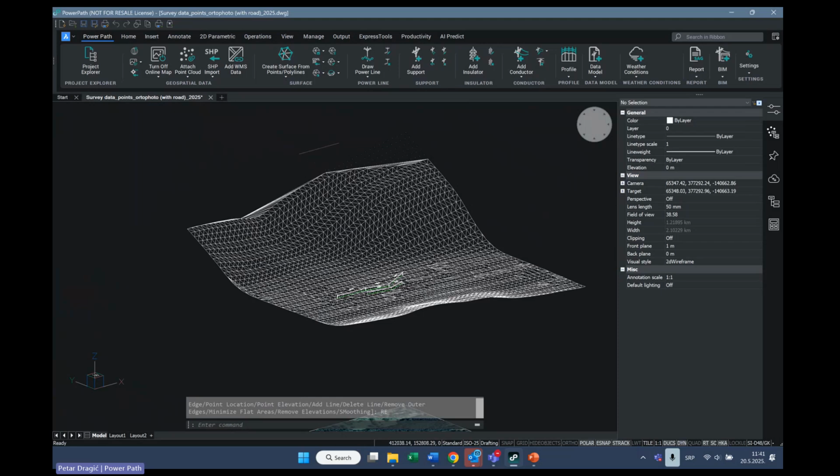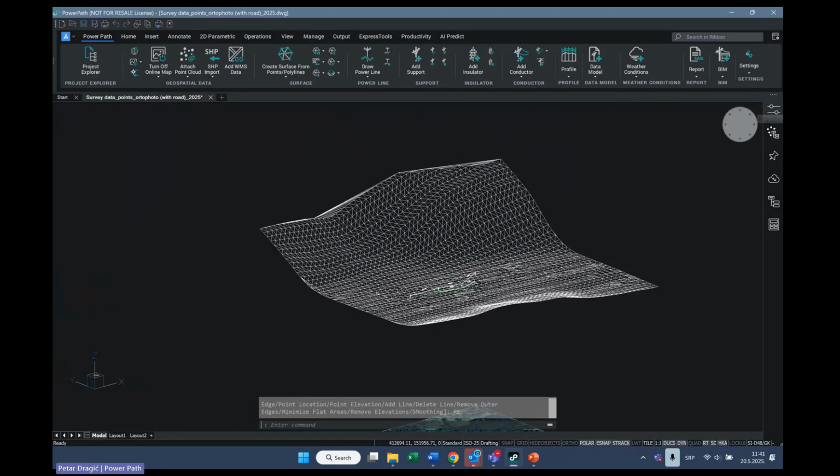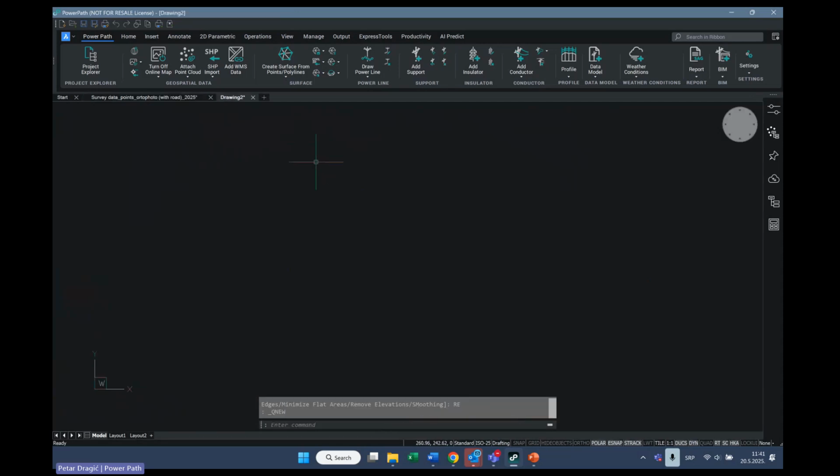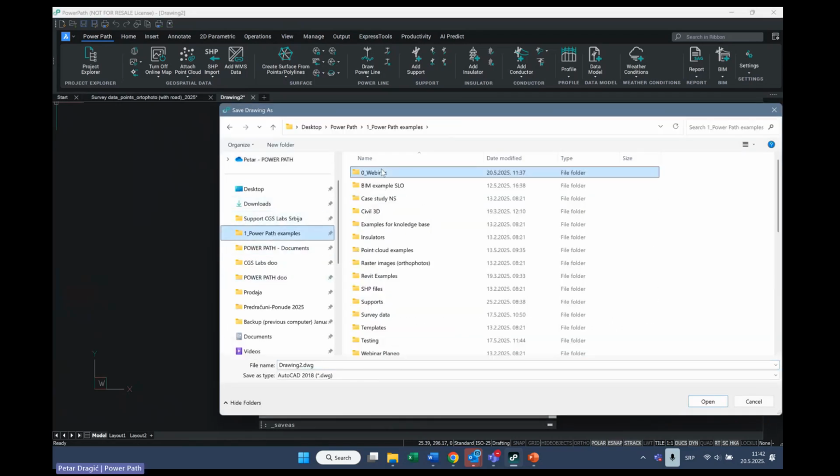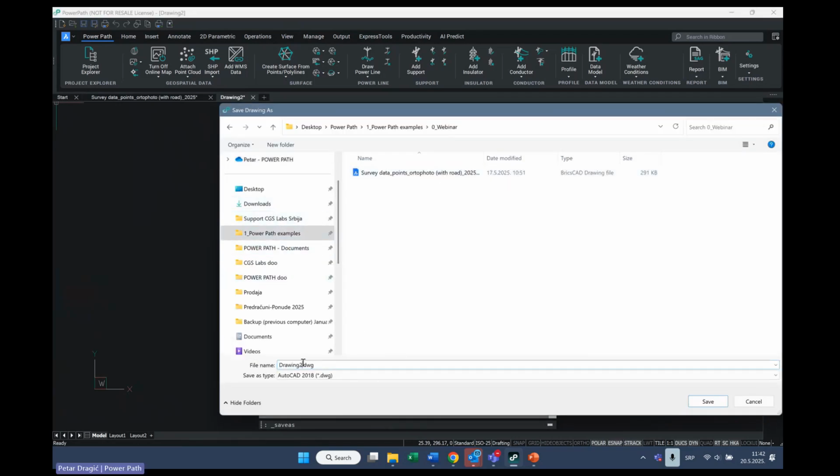Okay, let's go now to the new features that are related to point clouds, and I will open a new drawing. Before I start with the command for attaching a point cloud, as you can see, first you need to save your project or DWG. Let's save it and say this is my example drawing 2.